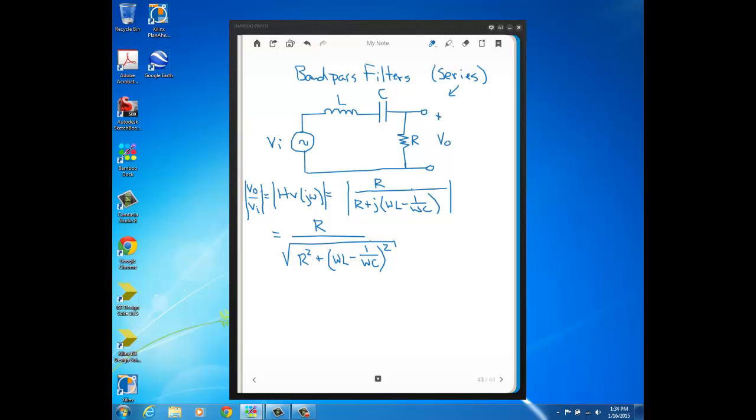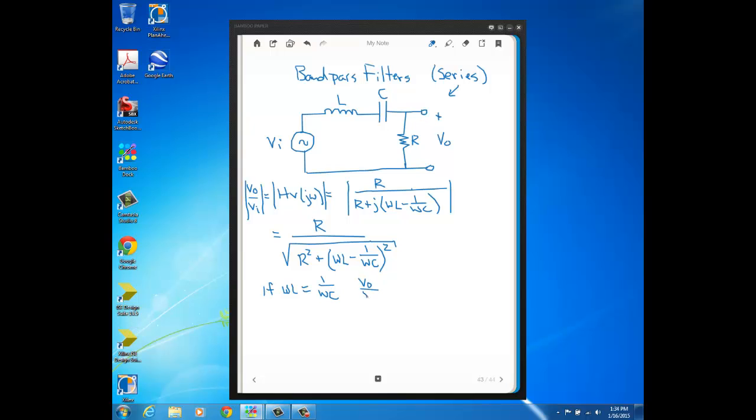Well, when this is a max, that means we have a maximum output. And a lot of times it's nice to know what frequency you get your maximum output at. So taking a look at this expression here, we would get a maximum magnitude when the terms inside this parentheses here would go away, right? Because if omega L is equal to 1 over omega C, well, this term goes away, right? Cancels here, and we would be left with that